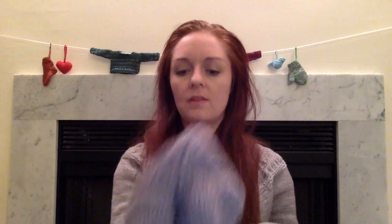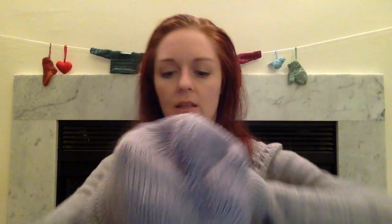And here, while I have this off, I did do the wrap and turns. So I knit to the end and then did a wrap and turn and then knit the other way. So the way the pattern is written basically is you knit around, purl around, knit around, purl around, and that's how you get the garter. But I did knit around, wrap and turn, knit around, wrap and turn, knit around. So